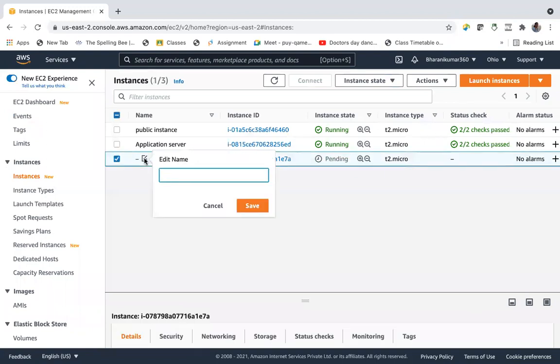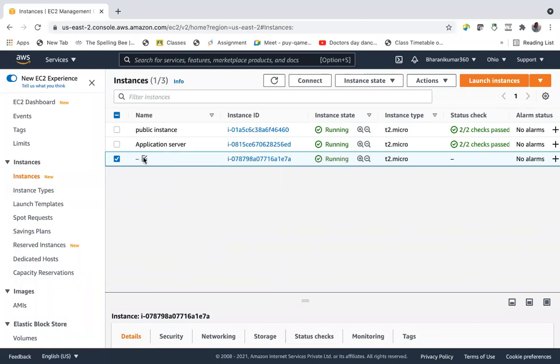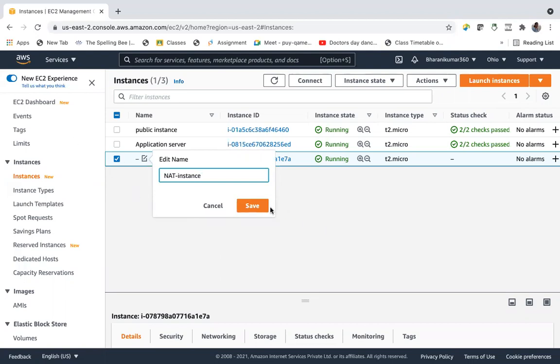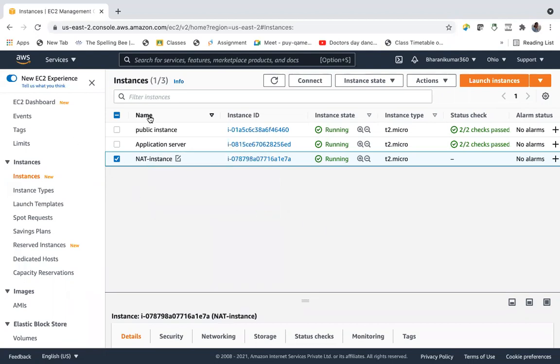And this is the NAT instance. Save. I have a public instance, an application server, and a NAT instance.